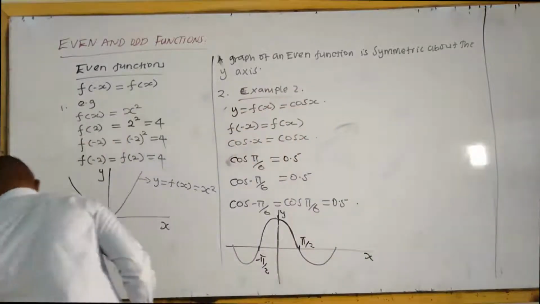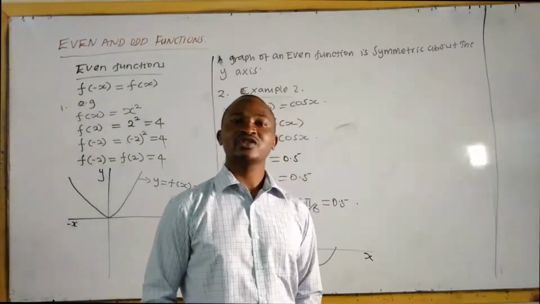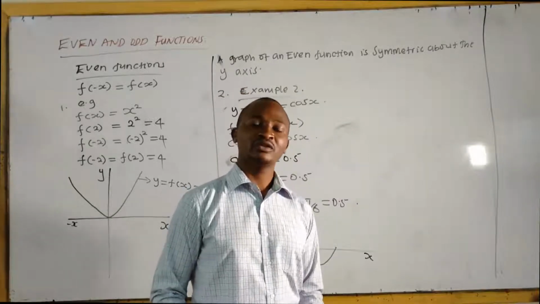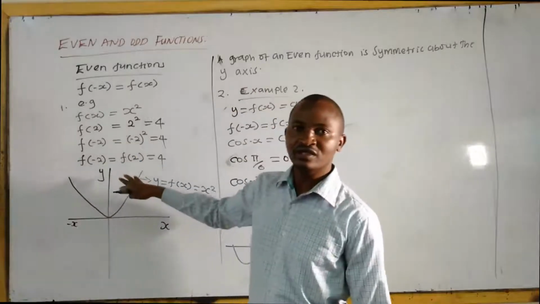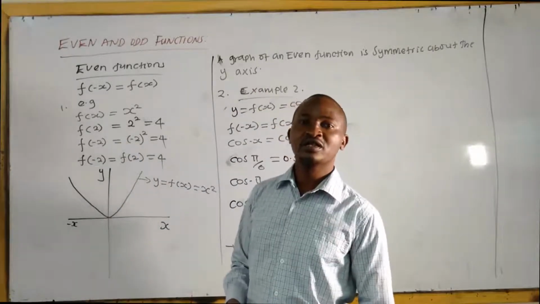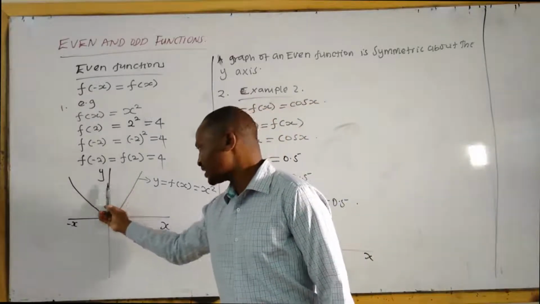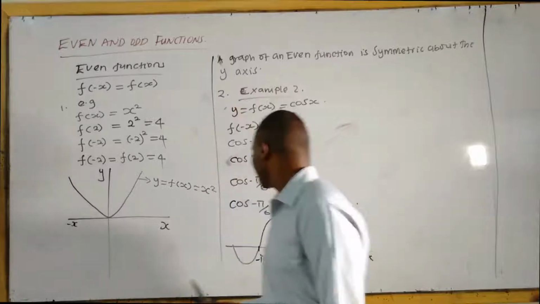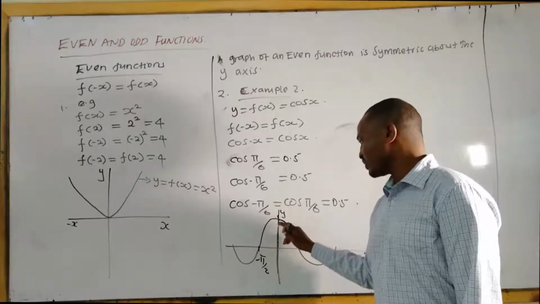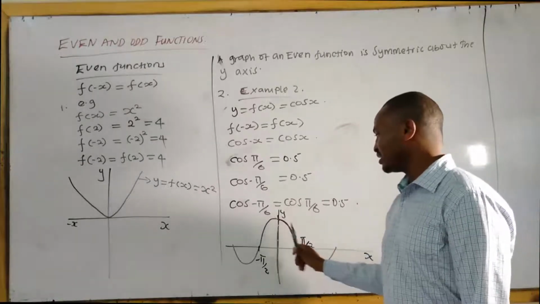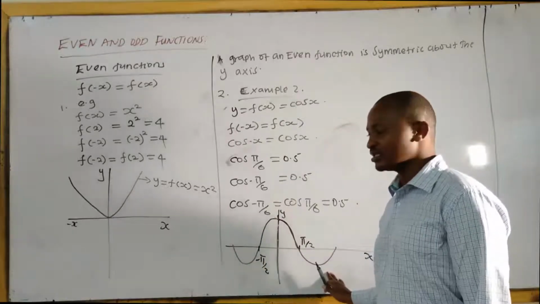You can use either radians or degrees. So now we know what is an odd function and how we can know whether a function is odd or even without trying to substitute for some values. We can know a function is even simply by checking: is it symmetrical about the y-axis? Is what is on this side, if you put a mirror here, will this side be its image?